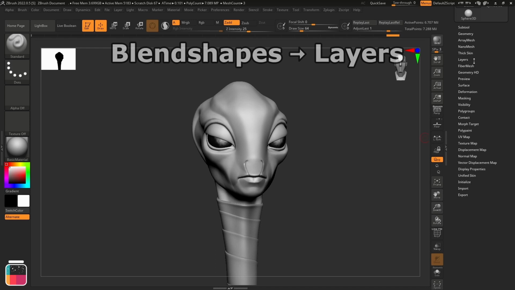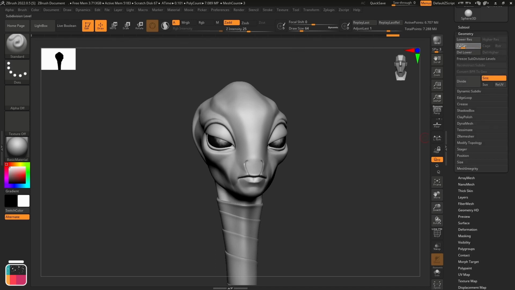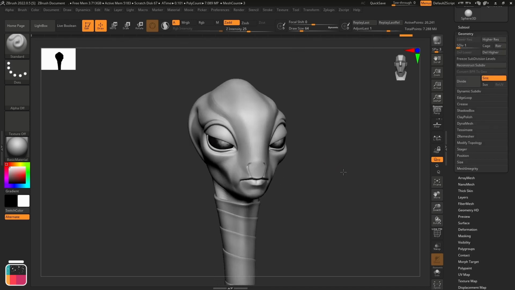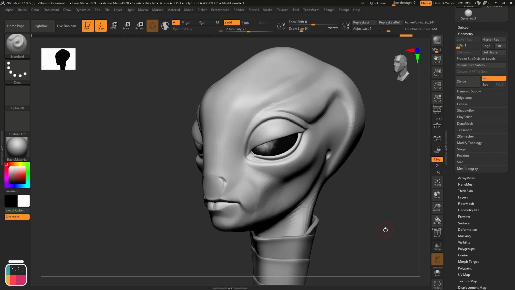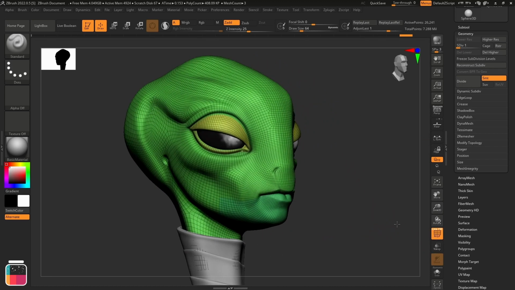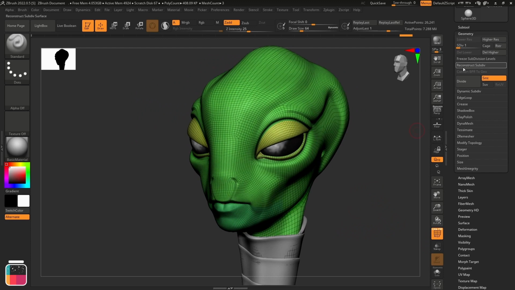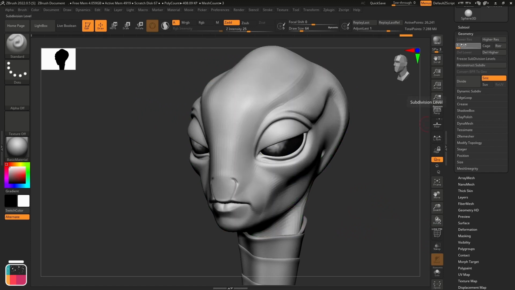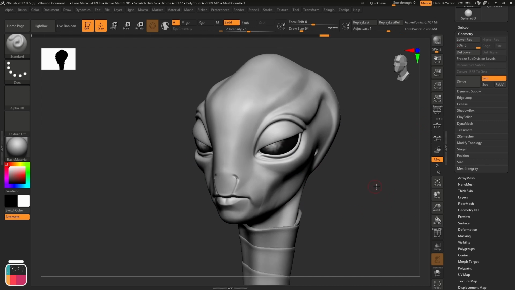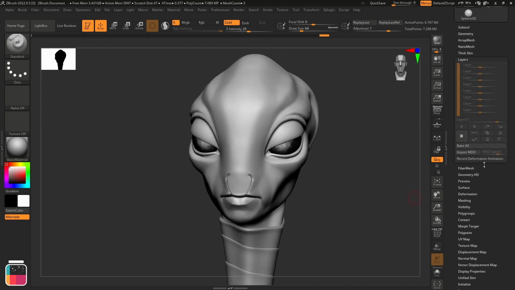Let's load eye blend shapes into layers. Create a new layer for open eyes.